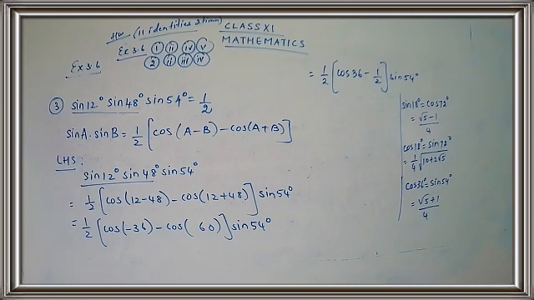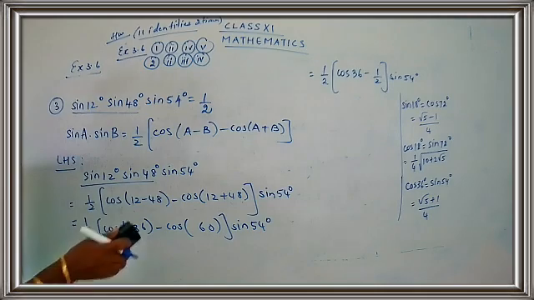And the values, children. Okay, have you taken down the values? So you can just use these values when you have the angles as sin 18, cos 72, cos 18, sin 72, cos 36 and sin 54. Okay children, so we are just going to substitute these values in the given expression. So what we have got is half of cos 36 minus half into sin 54. Okay children, shall I rub this part?